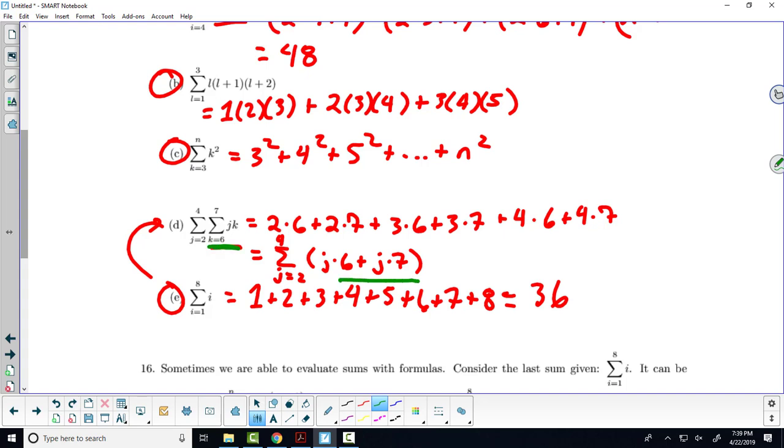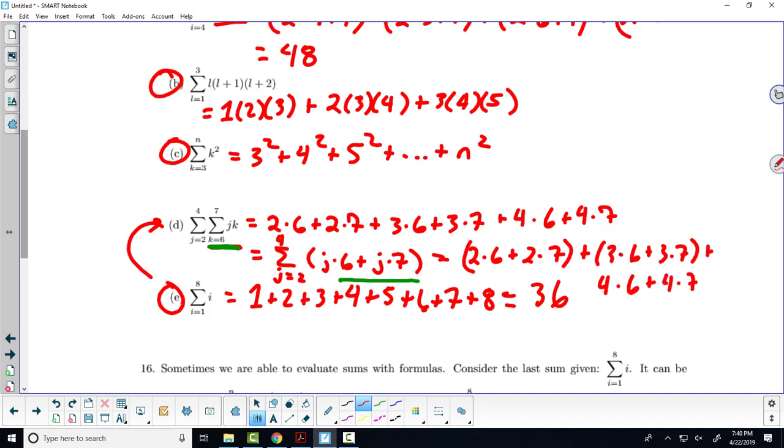Okay? But then we could go ahead and go one step further, and we do sort of a distributive step. This is mimicking your distributive property in a lot of ways. And we get 2 times 6 plus 2 times 7, and then plus 3 times 6 plus 3 times 7 plus, now I'm definitely out of room, 4 times 6 plus 4 times 7, which is grouped the same way, but it's just a little bit different way of thinking about it, which is, I think, in some ways easier as time goes on.